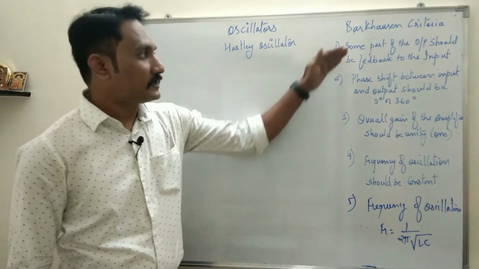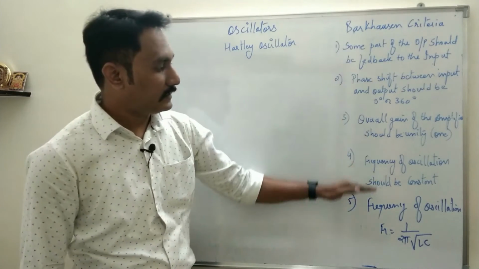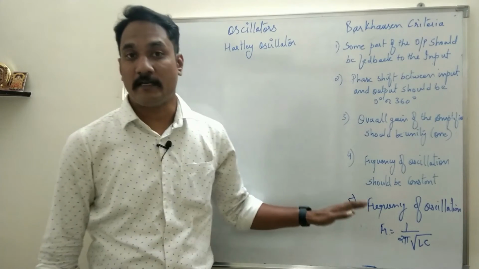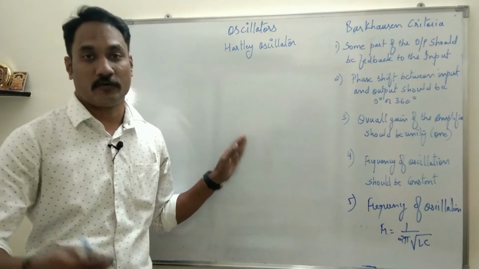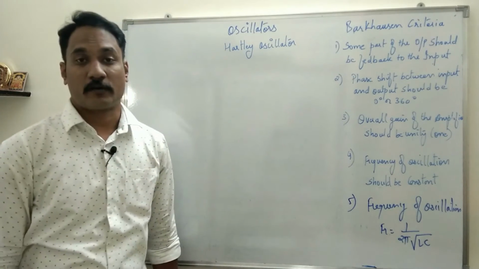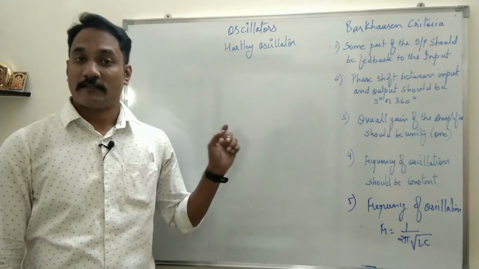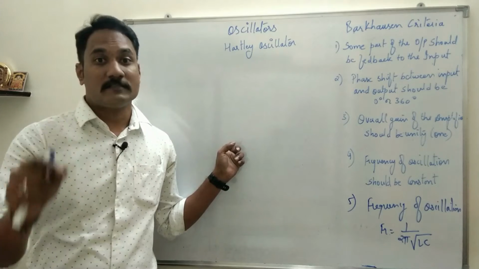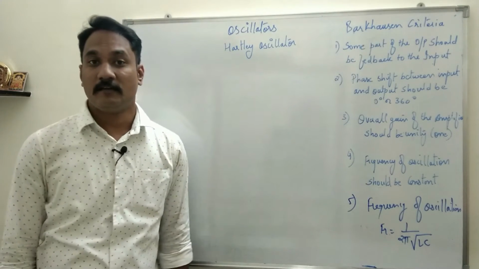I have already mentioned Barkhausen criteria to you. I have kept all those criteria written on the board so that when we relate them to the circuit, it will be easy for you to understand, because we have to relate the circuit on the basis of Barkhausen criteria. And I clearly mentioned that if the oscillator circuit satisfies all the four conditions for Barkhausen, then the output